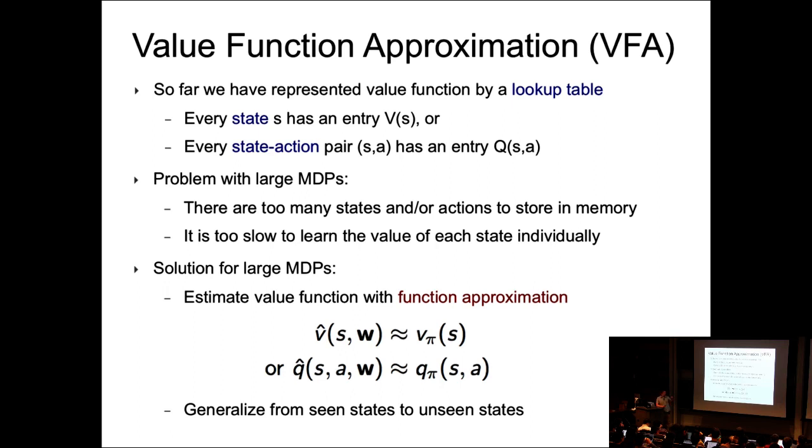Now, the parameters W here are going to be learned by our RL objectives, right? So effectively, you can think of it as introducing some kind of inductive bias or a compression mechanism that has some notion of proximity, right? If two states are similar to each other, you expect the value function to be similar as well.